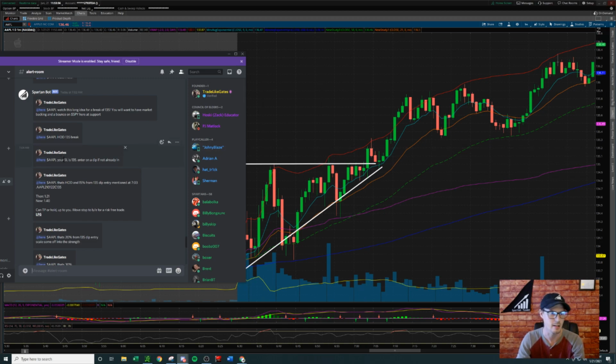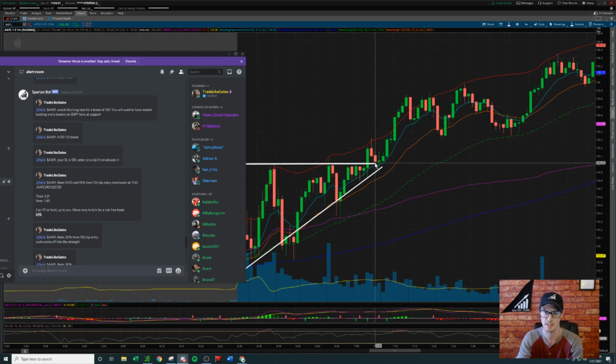7:04, another minute later, Apple, your stop loss is at 135. Enter on a dip if you're not already in, right? So here's your dip, pullback, there's your entry for the move up. Anywhere in this area would have been decent for an entry. You could have waited for this doji to form, you could have waited for this next candle to print green, could have even waited for the next push up, although at this point, you kind of want to be in